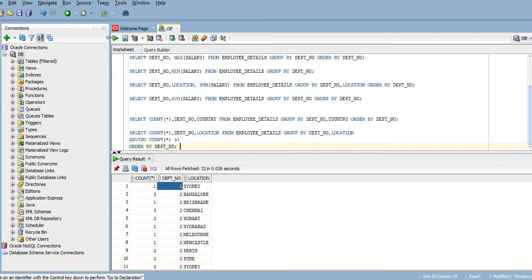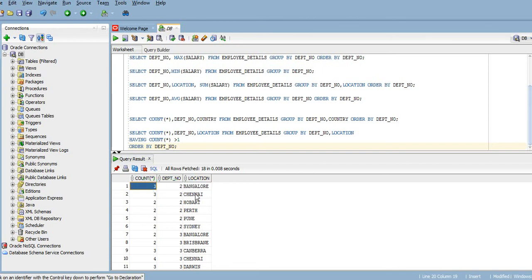So let me run this now. Yeah. So what it does, it helps us to get the data where more than one employee is working based on the department number and location. So for Bangalore location, the count is 3.